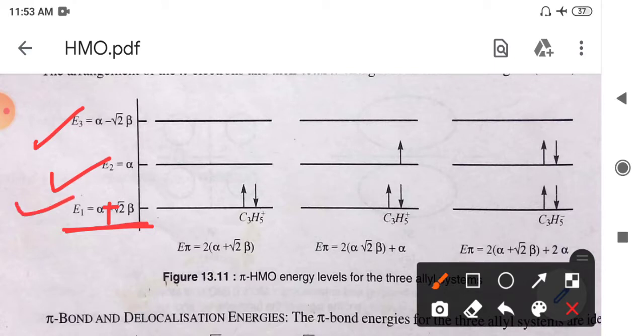So for all the systems there are 2 electrons which are common. First we will write the 2 electrons here, here and here. Now for the cationic system there are no more electrons, so we will leave the other energy level blank. For the radical system there is one extra electron. For the carbanionic form there are two extra electrons. So we simply put that into the non-bonding orbital.